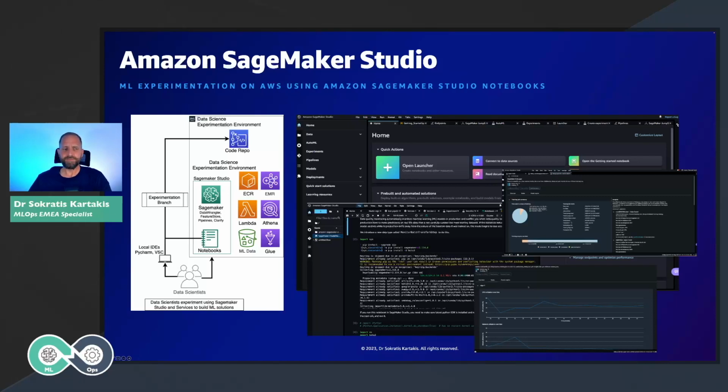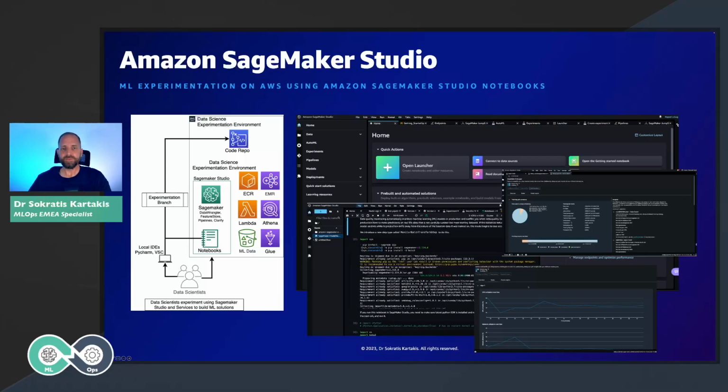on the local account. After we have set up the SageMaker Studio domain, the next step is to also set up a user account. That means that each data scientist will have their own user, for example, data scientist Socrates, data scientist John, and that way you are also able to manage which resources these users will have access to. Now, we have set up Studio, we have set up the accounts, the data scientists are ready to start